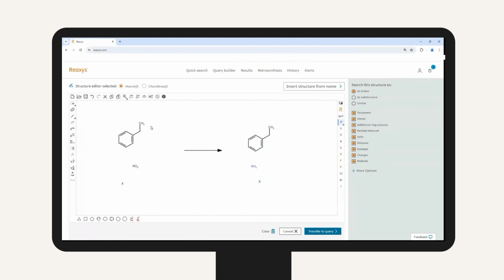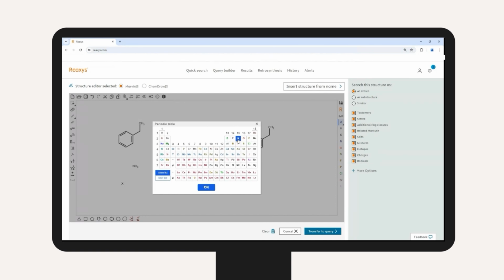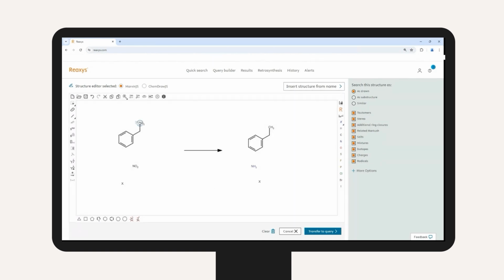Now our benzyl group needs to be attached to something. So in this instance, we are going to go into the periodic table and create what's called an atom list. We're going to select nitrogen and oxygen and basically say, okay, this is on a nitrogen or an oxygen in our group. But this could obviously be attached to something else. So we're going to open this up for further substitution with the maximum substitution count. This is basically saying, other than the benzyl, what else could be attached to these two atoms? Because remember, we're keeping this as drawn, and we only want to open up substitution in this position.